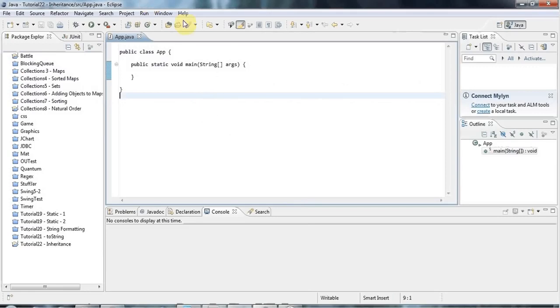So at the end of the last tutorial I said we'd look at the equals method in this tutorial, but I realised that there are some things about equals which, to understand them, it helps if you know a bit about inheritance. So I'm going to postpone the equals tutorial, and we're going to look here at the very important